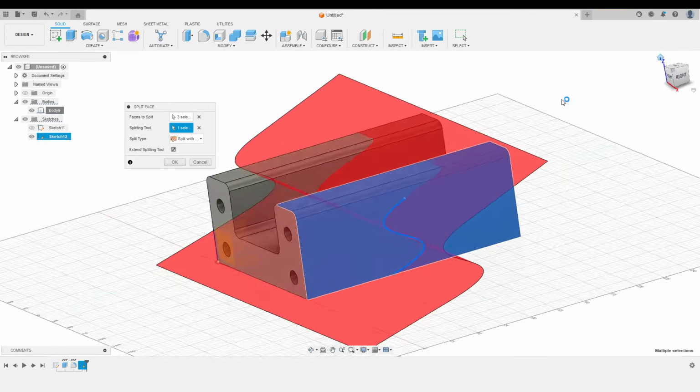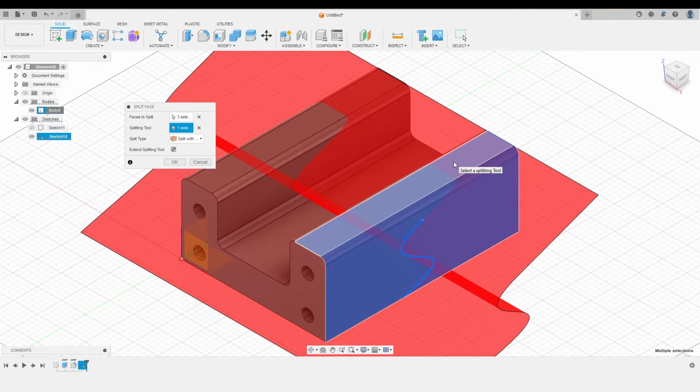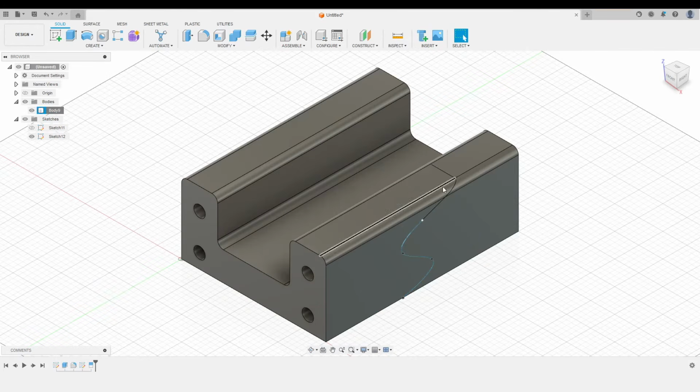But it's only going to split the part where it intersects with the faces that I selected. So if I click OK, we can now see that these faces are now split. I'm going to go ahead and delete that, and then we're going to take a look at how to split